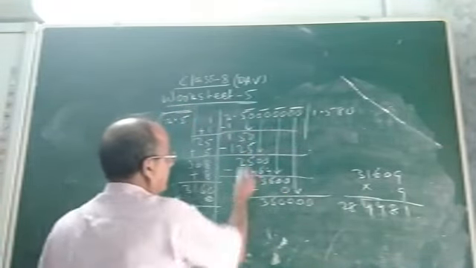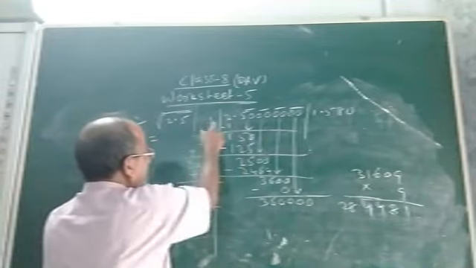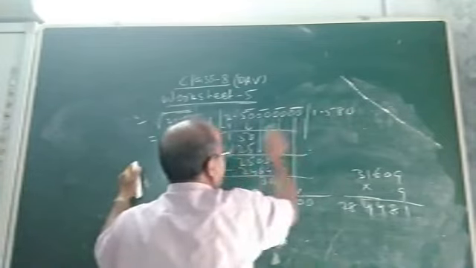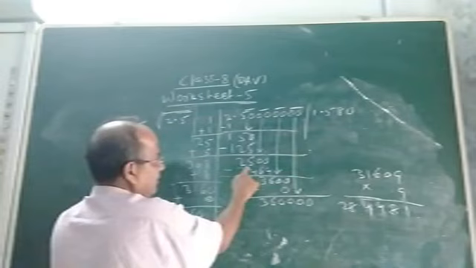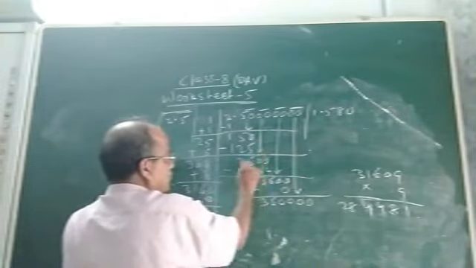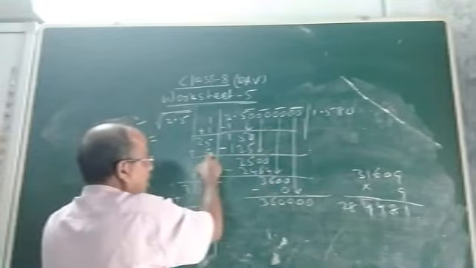So, it will become 150. Now, 1 plus 1, 2. So, what will we put here? 5, 25, put here 5, 25 into 5, it is 125. Then you subtract, it will be 25. Then bring this period, that is 0, 0, 2500. Now, 25 plus 5, 5 you have put, so add 5.